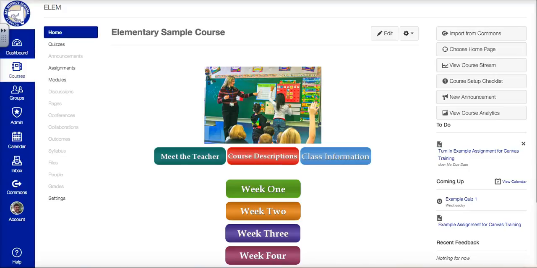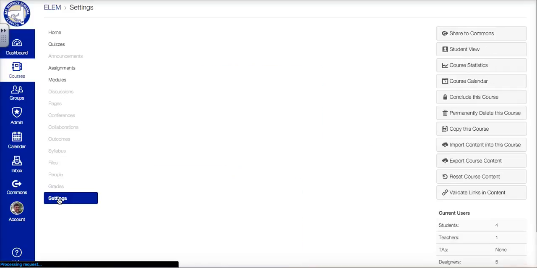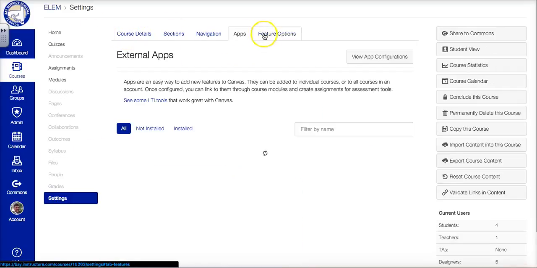Today we're going to talk about how to add a page to your Canvas account or to your course. So before we get started, the first thing we want to take a look at is how to actually add apps to your course. By doing that, the first thing we're going to do is come down and click on Settings. And whenever Settings comes up, we should actually see across the top different options or different